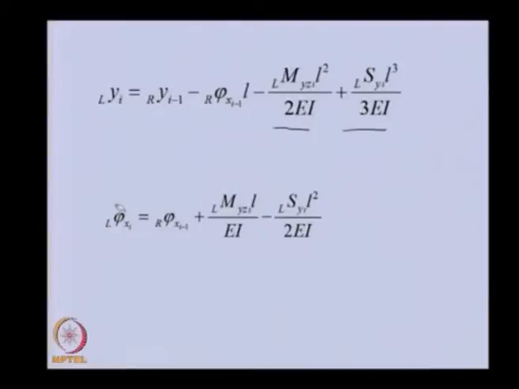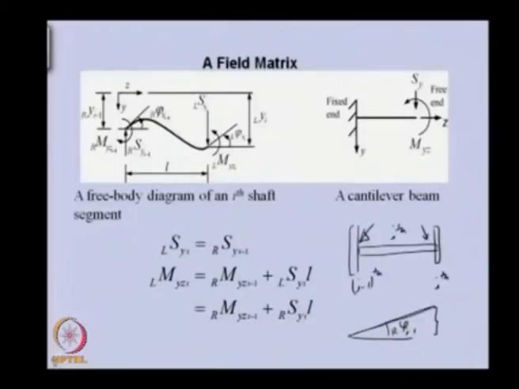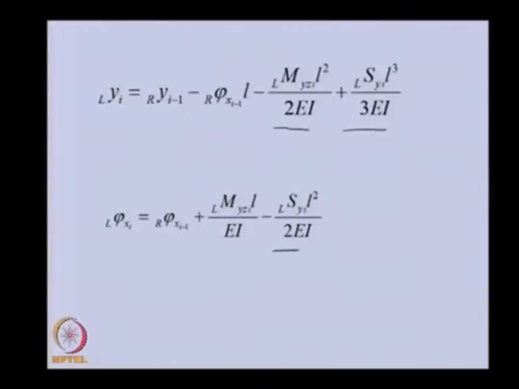Similarly, for the angular displacement at the left of the ith disk, again we need to refer here. In this also we will first consider this as a cantilever beam, and whatever the angular displacement because of the shear force and bending moment is there, that will come. This also we can get from a strength of materials book, from the deflection of beam relations, these are available. So these are the angular displacement due to shear force and bending moment.